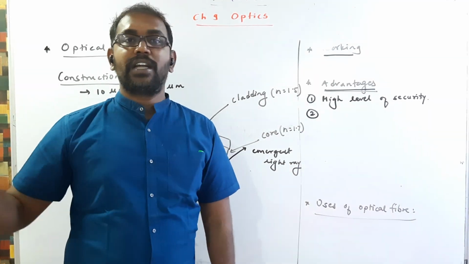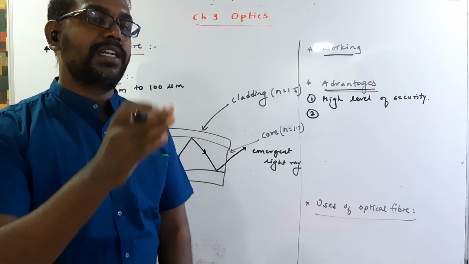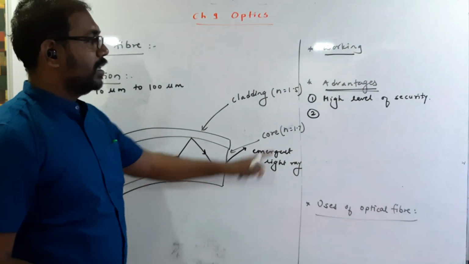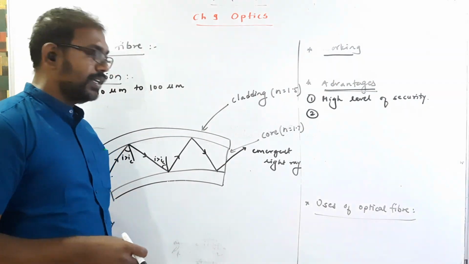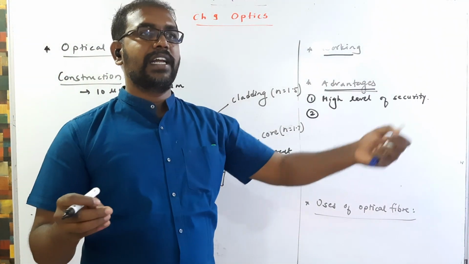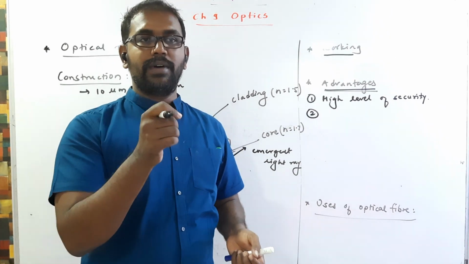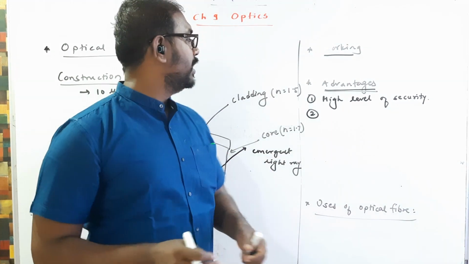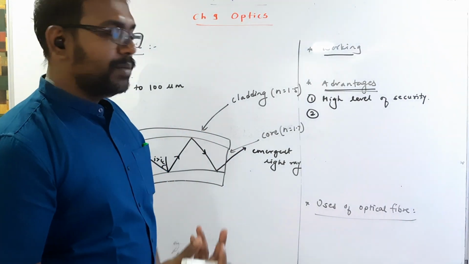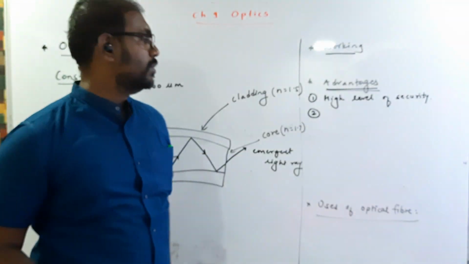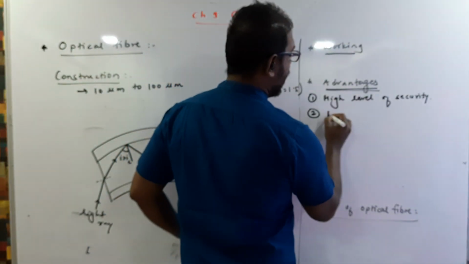ऐसा नहीं हो सकता अगर कि ब्रॉडबैंड का केबल जा रहा है आप कट करेंगे और वो इंटरनेट यूज करेंगे, ऐसे हो ही नहीं सकता, because here they are having a high level of security. जैसे नॉर्मल कॉपर वायर होता है, अगर कुछ इलेक्ट्रिकल सिग्नल जा रहा है या कुछ भी है तो you can cut that wire and दूसरी वायर ज्वाइन करेंगे तो you can retrieve that signal. But here this does not happen because the signal is in the form of light, so a high level of security is maintained.